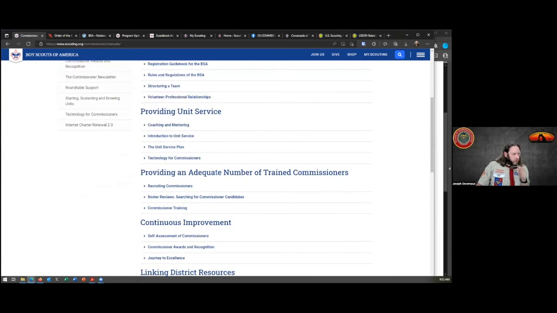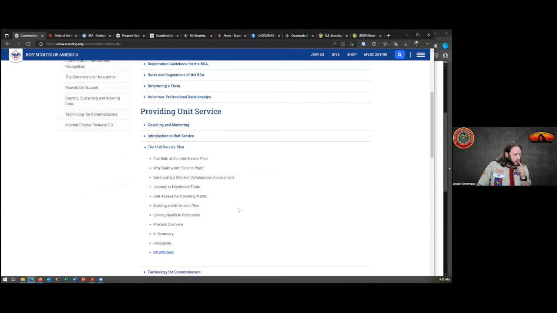So I believe the unit assessment forms, let's see, provide a unit service plan. Unit assessment scoring matrix, building a unit service plan. I think those are the forms they're referring to, which I can download here.